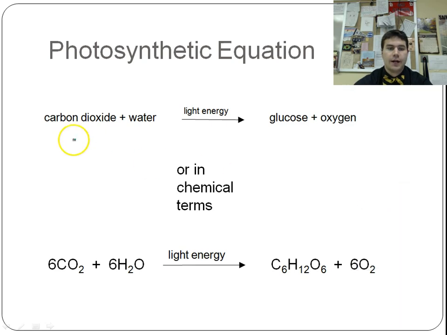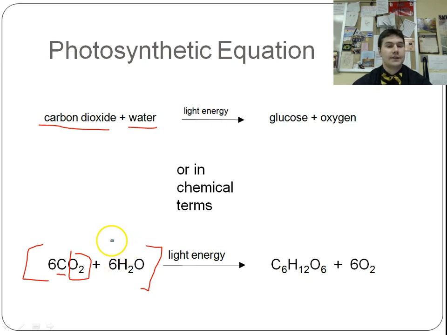Now, you can tell right here, we start with carbon dioxide and we start with water. Carbon dioxide, that's one carbon and then two oxygens, which is one oxygen and a little two subscript. And then water. Water is actually something called dihydrogen monoxide, or in super scientific terms, water. Water is made up of two hydrogen atoms linked with one oxygen atom. Okay? So we start with carbon dioxide and water, and we combine it with light energy, and we get glucose,